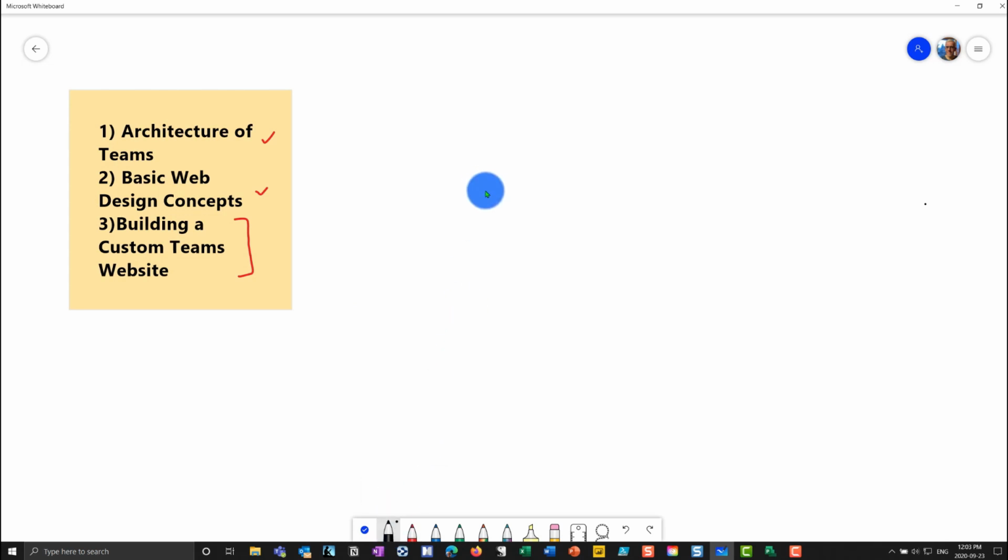The first thing we want to look at, and I'll put chapter markers in there so you can skip around down below if you'd like, but it may be good to review the architecture and the basic concepts. So when I look at Teams, if I open up the app on my computer or in a web browser, what I get is that Teams environment that we're familiar with. So there's a lot there. So I have my team and I can do all my general channels, my extra channels,